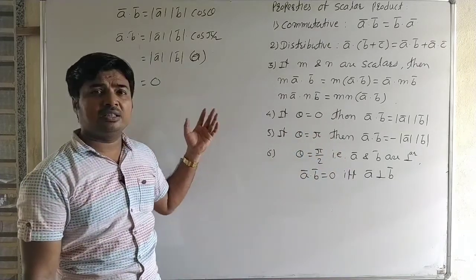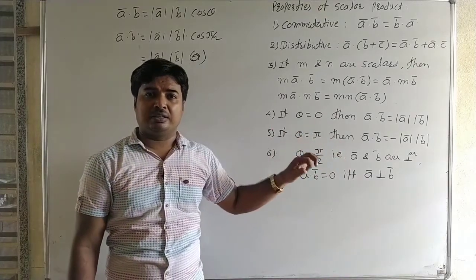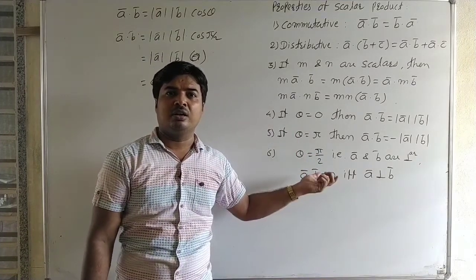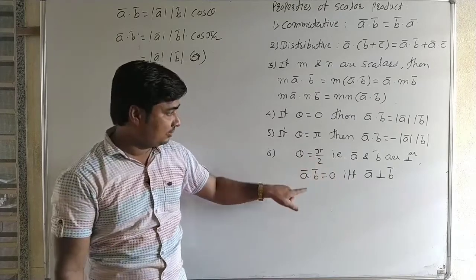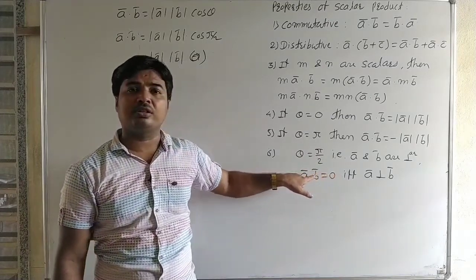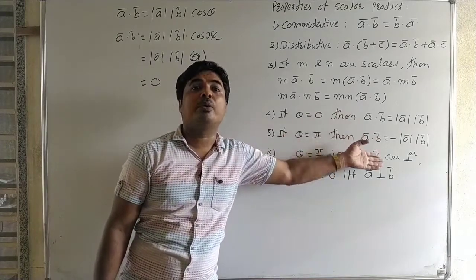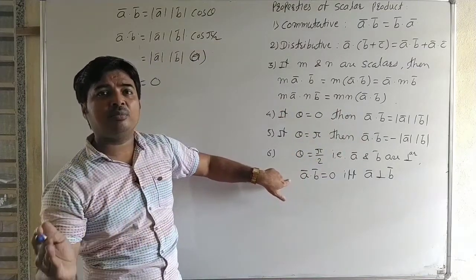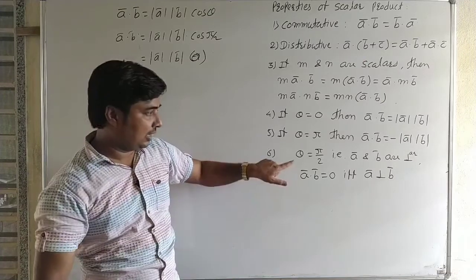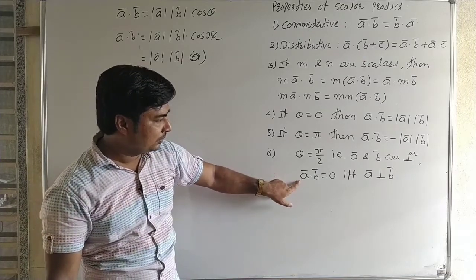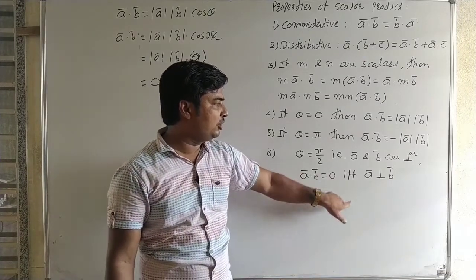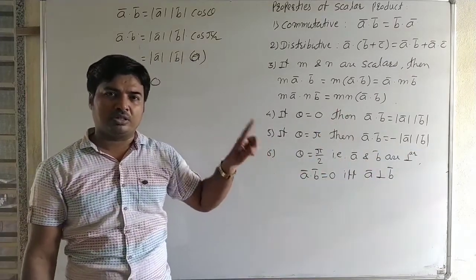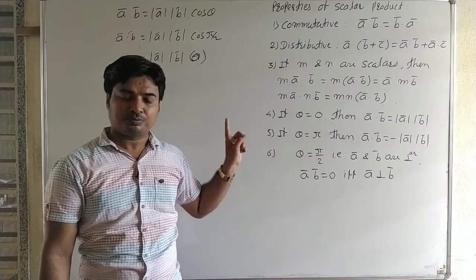Okay, in the last lectures we saw the parallel condition. One vector is a scalar multiple of the other, then the two vectors are collinear, that is, parallel. And here, if the dot product of two vectors is 0, then the two vectors are perpendicular. Okay, the parallel condition: one vector is a scalar multiple of the other, then the two vectors are parallel. And now the dot product condition: if the dot product of two vectors is 0, then the two vectors are perpendicular, and if two vectors are perpendicular, then their dot product is 0.